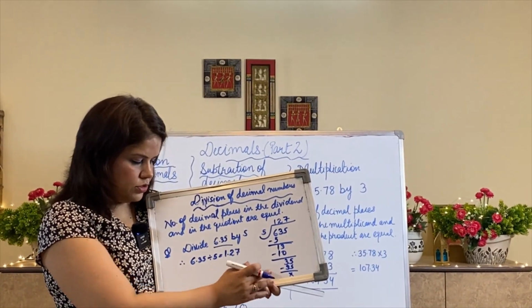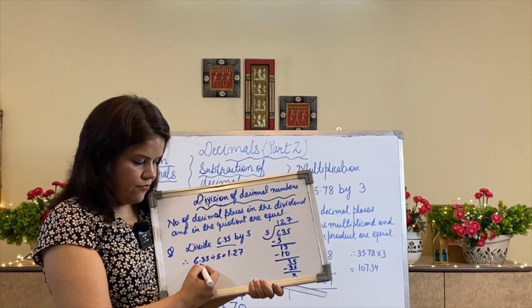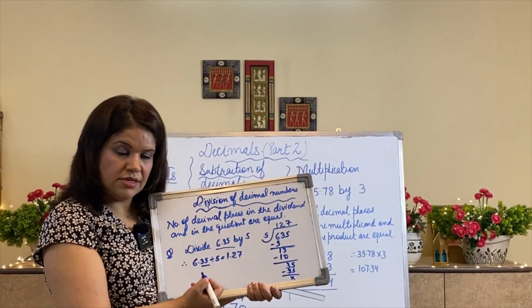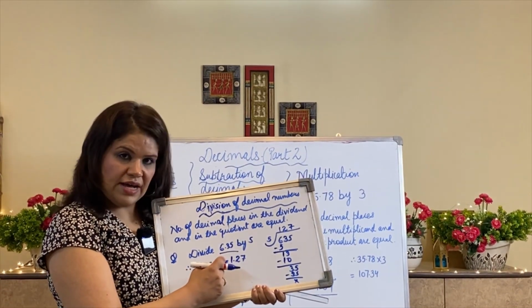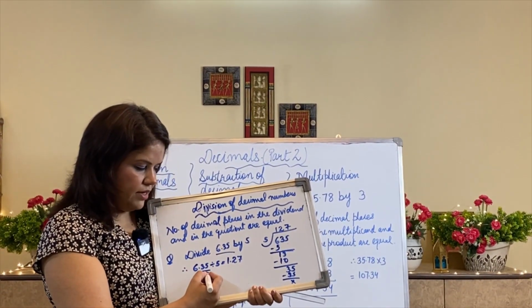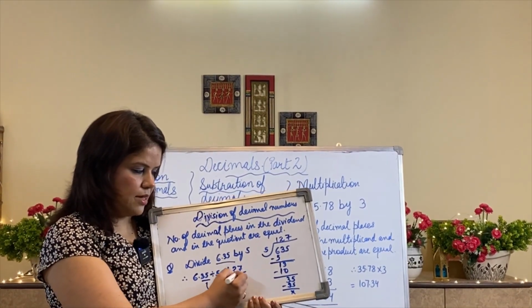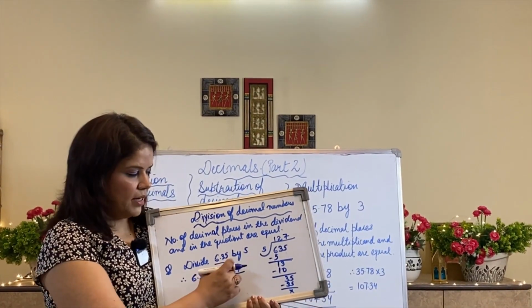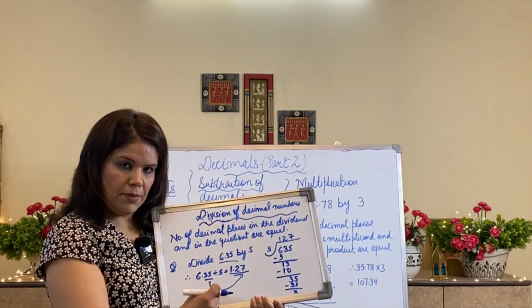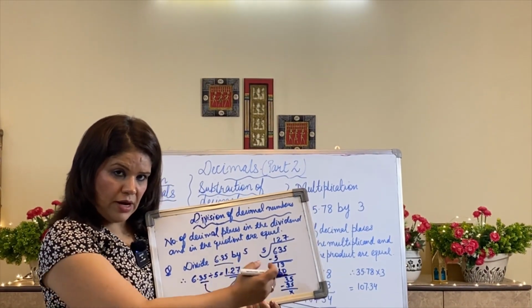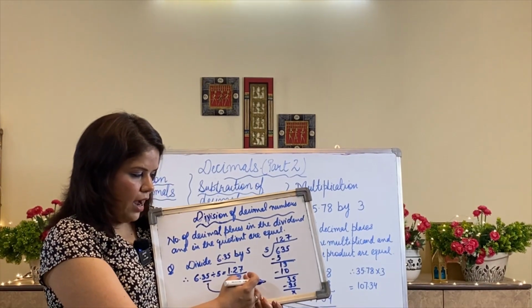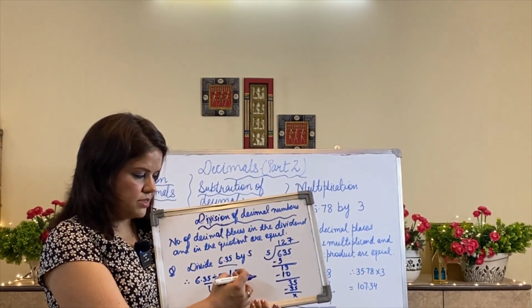Now 6.35, when I am taking 2 decimal places in the, what is this called? Dividend. This is divisor. In the dividend, whatever is the decimal place, that will be the same in the quotient. If I am getting 127, I will count from the back. Understood? Towards the left I will move. From right towards the left we will move, and we will count 2 decimal places, and then we will put a decimal.